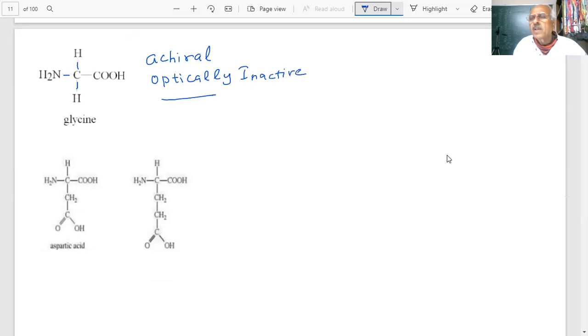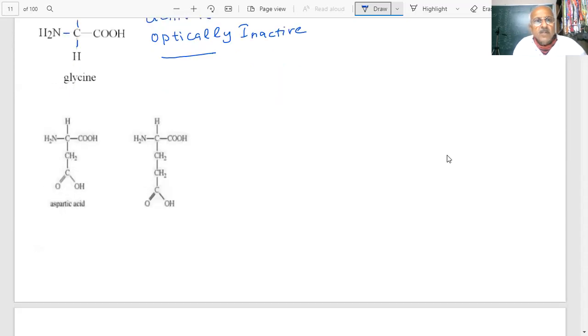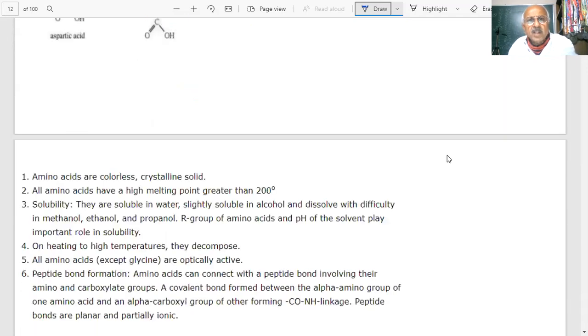A question was put up. Now here is aspartic acid. You can see there is a COOH group and NH2, and there is an extra CH2 group, aspartic acid. And this is another acid, student. We have added one more CH2 group. So like this, there will be different types of amino acids. As I said, a table has been given, but it may not be possible for us to go through every structure. Such detailed study is not required, it is a part of biochemistry, which will be done in some other classes.